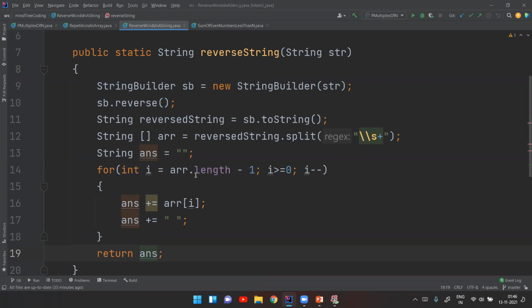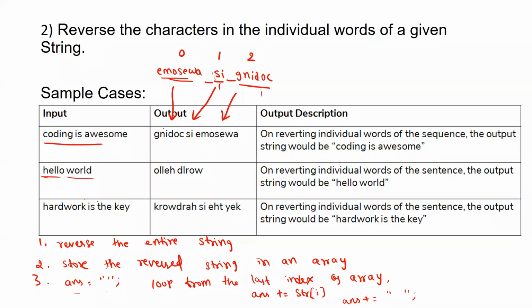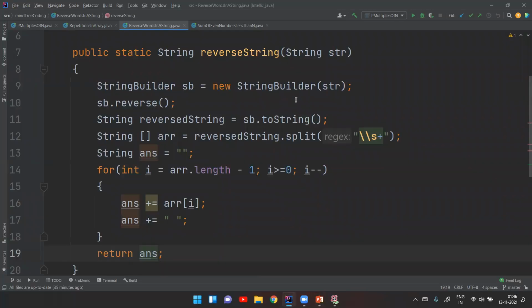If we want to write the reverse code by ourselves, then it will take more lines. So to save time, we can create an object of string builder with the current string, and then you can directly reverse that particular string. So the first step is what? First you have to reverse the entire string. So first we will create a string builder object of that particular string,